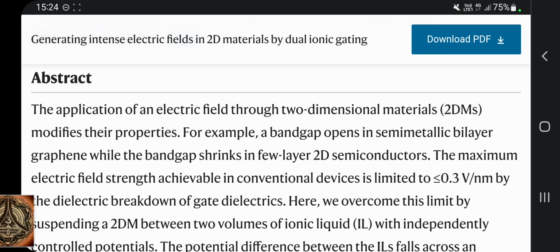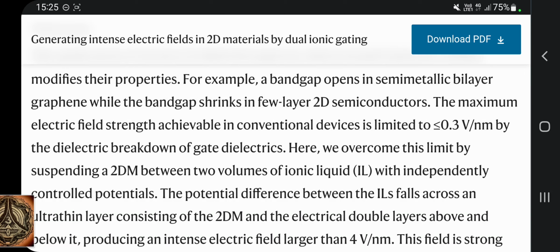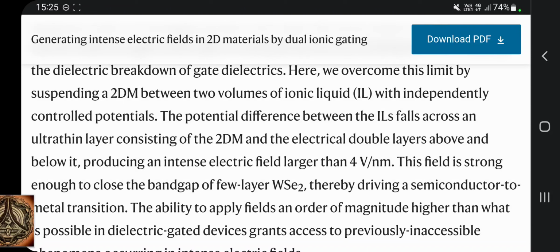Abstract. The application of an electric field through two-dimensional materials, 2Ds, modifies their properties. For example, a band gap opens in semi-metallic bilayer graphene, while the band gap shrinks in few-layer 2D semiconductors. The maximum electric field strength achievable in conventional devices is limited to less than 3 volts per nanometer by the dielectric breakdown of gate dielectrics. Here, we overcome this limit by suspending a 2DM between two volumes of ionic liquid with independently controlled potentials. The potential difference between the ILs falls across an ultra-thin layer consisting of the 2DM